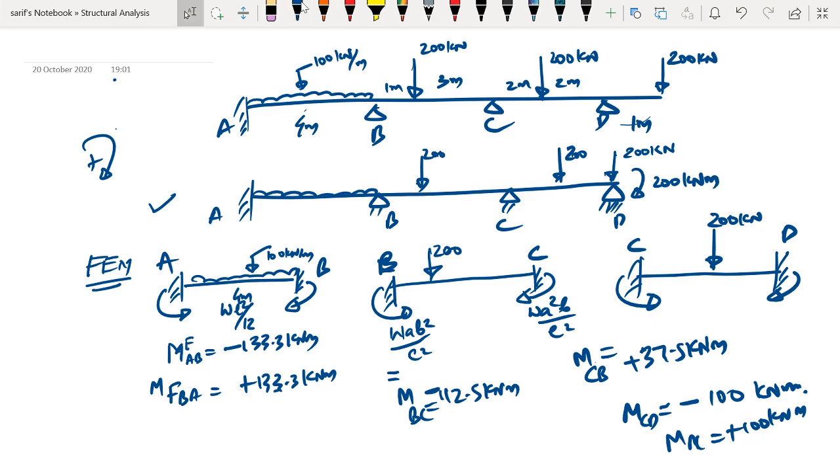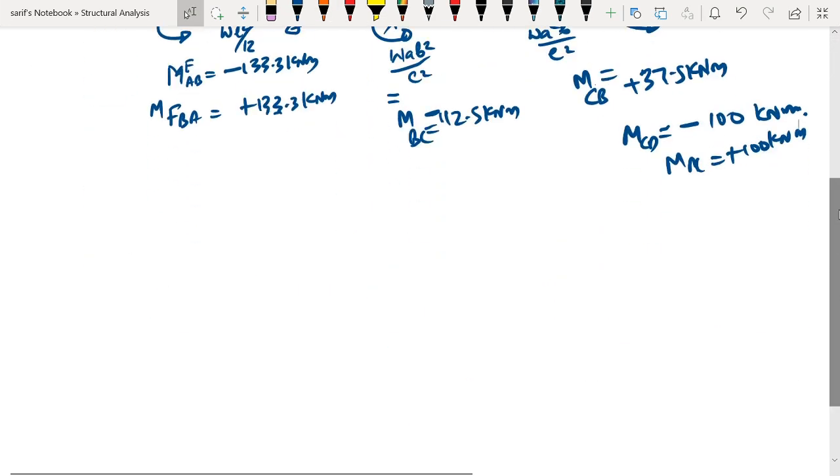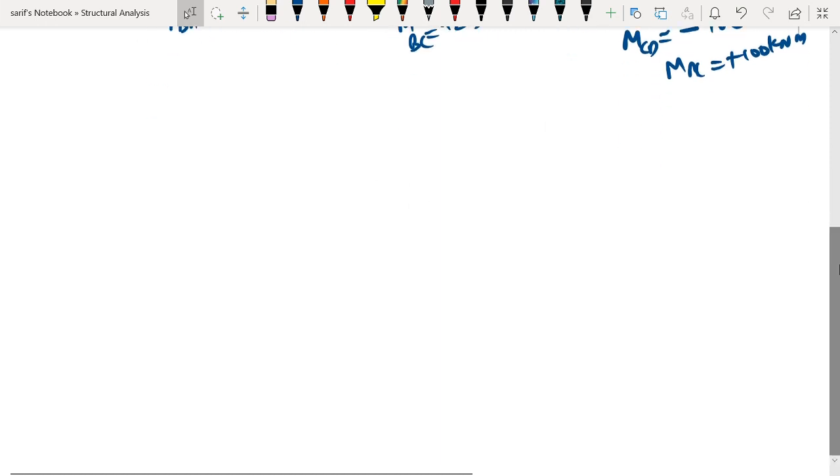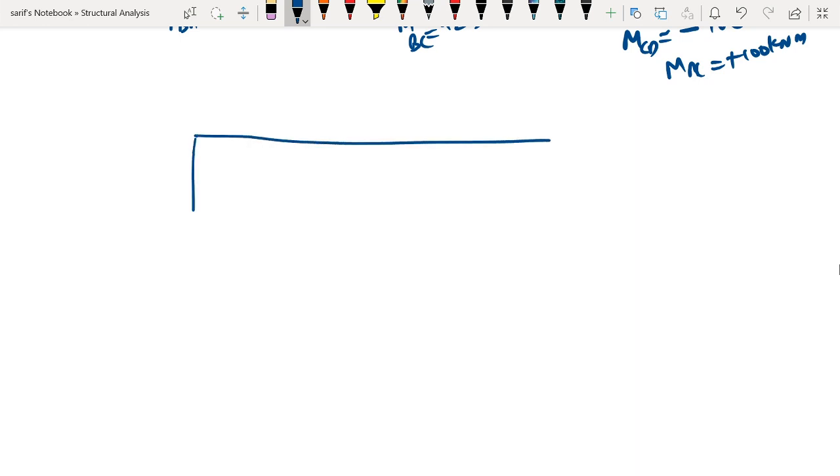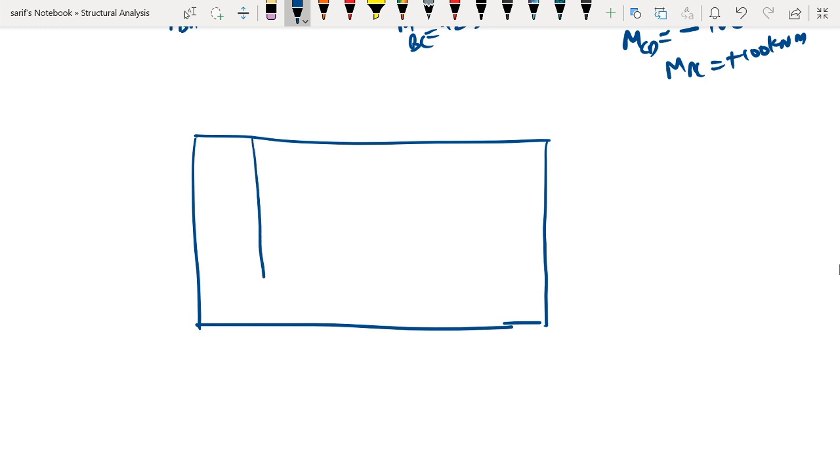After having computed the fixed end moments, the next calculation we need to make is the calculation of the distribution factors. To calculate the distribution factor, we will make a tabulation form. Without using the tabulation form also, we can do this calculation in this particular case. However, as a common practice, we need to develop a tabulation form. So the first column will be the joints. So this is joint A.